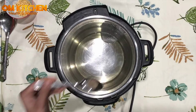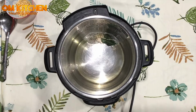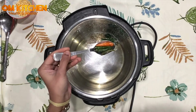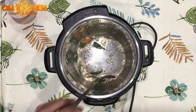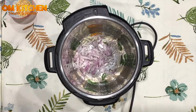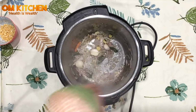Let's see the preparation. In an Instapot or a pressure cooker, heat half a cup sesame oil and add mustard seeds, cumin seeds, urad dal, curry leaves, green chillies, cashew nuts and give a stir and add hing as well. Then add the chopped onions and saute for few minutes. Then add the garlic and ginger pieces and chopped tomatoes,